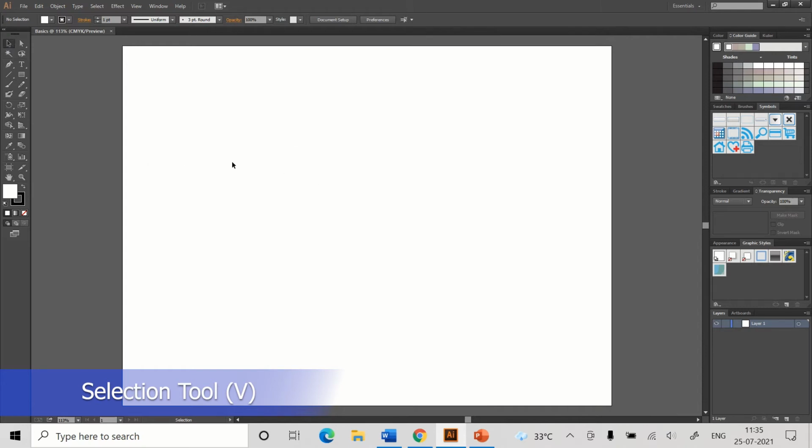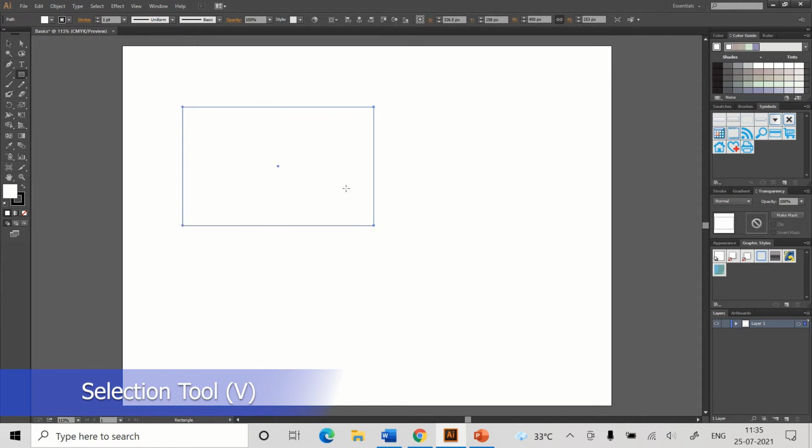To understand the selection tool, let's make a rectangle box. So this is my rectangle. Right now I haven't filled any color over here. First of all we need to understand a very important thing. This is your fill and this is your stroke. So stroke is the outline of this particular box, and fill is the color which you are going